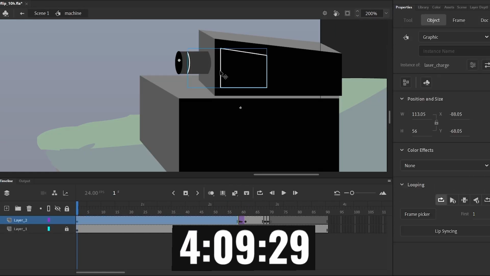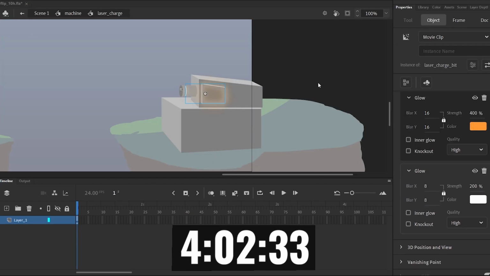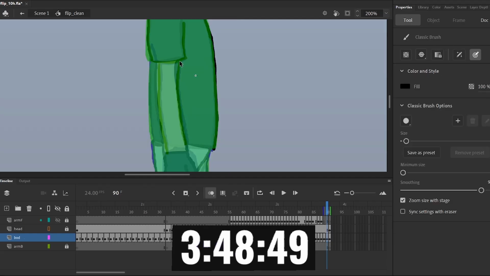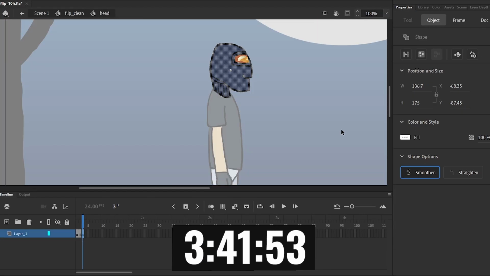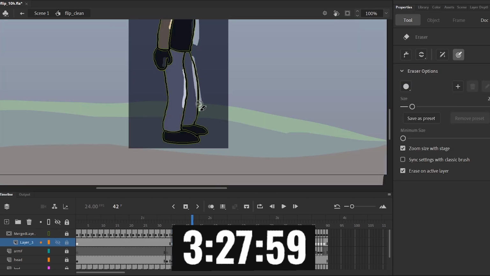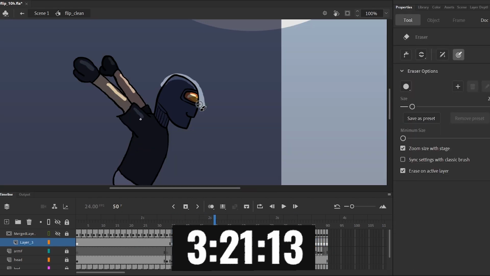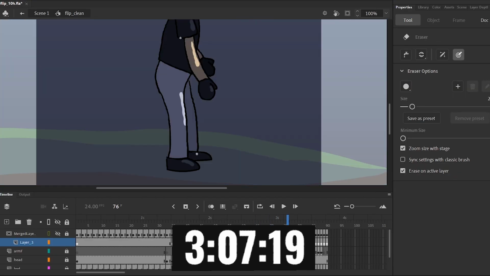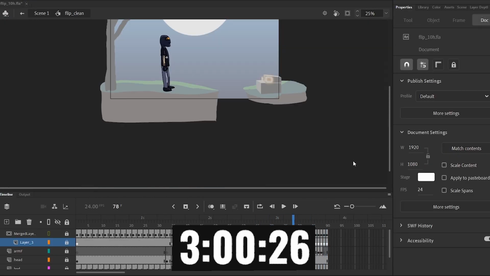After yo-yoing between that and the backflip and the background for a while, I got to work on shading. I hadn't really attempted to animate lighting on a character frame by frame before, so it might not be the prettiest. But I had a simple approach of covering the whole thing in shadow and erasing the parts where the light should hit. The light source in this case is the moon, so it was mostly from above and a bit to the right. I'm using a duplicate of the backflip animation as a layer mask so that giant rectangle